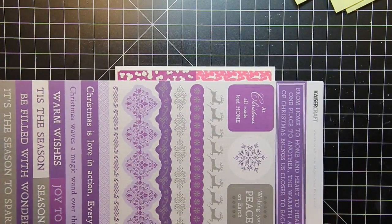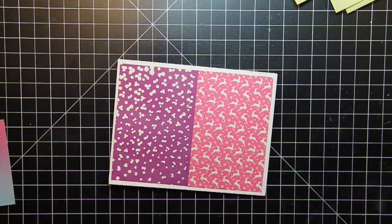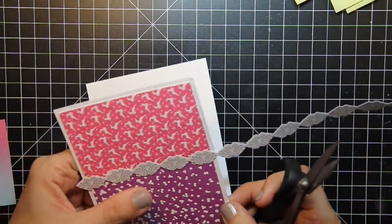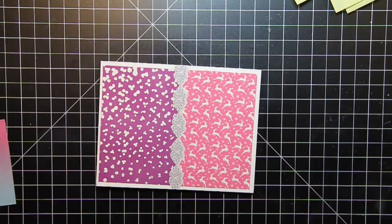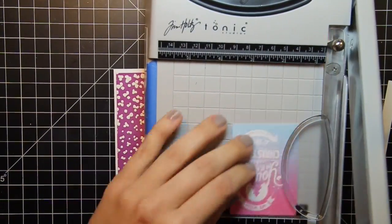Now, I knew I wanted one of these border stickers to go down the middle, and I'm trying to decide exactly which one of these stickers to use to create a barrier between the two papers. And I ended up going with the white one, and what I didn't use went back on the sheet. And I love this